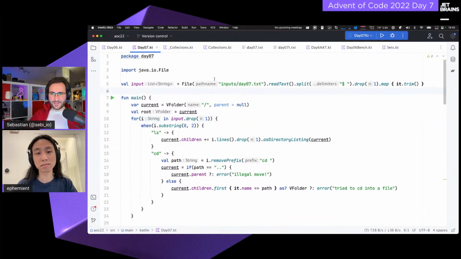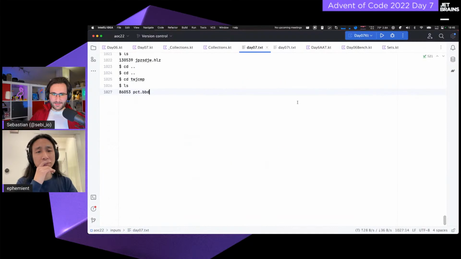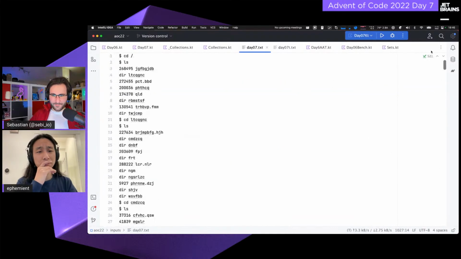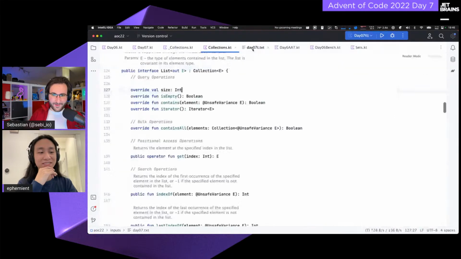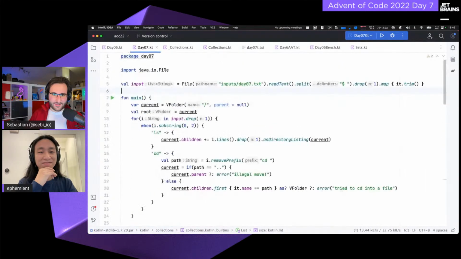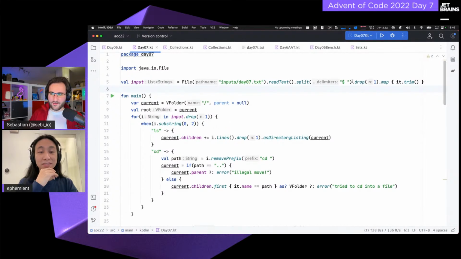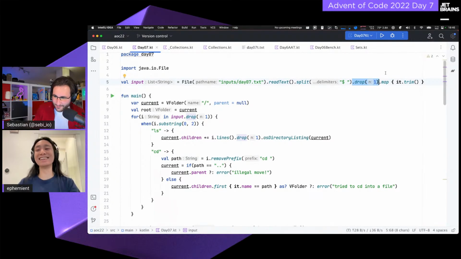The first thing I did was look at the test input case: how often does cd / appear? That one appears only once, in the beginning. That clearly just puts us on the main folder, so we just drop that one. We're not going to bother interpreting what a slash does at all.